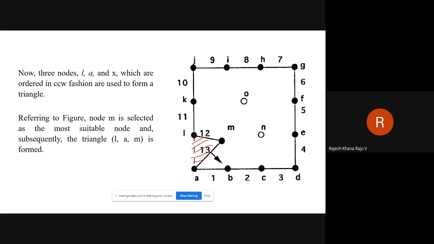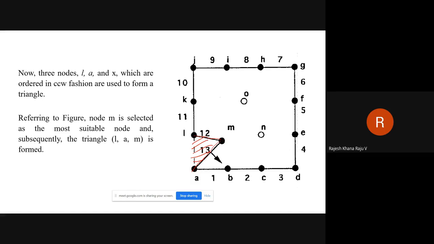We will remove this edge, and because of this triangulation, you got two more edges, that is 12 and 13. That is L to M and M to A. These two edges are now added to your array E. So now your array E is updated by deleting edge LA and adding LM and MA.